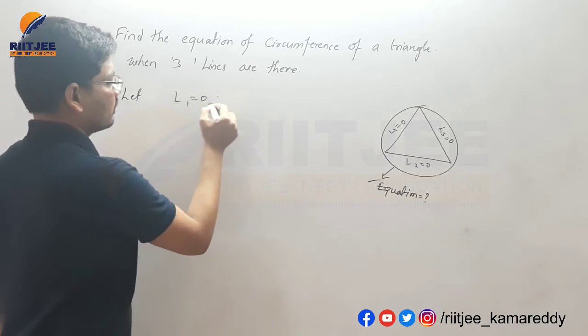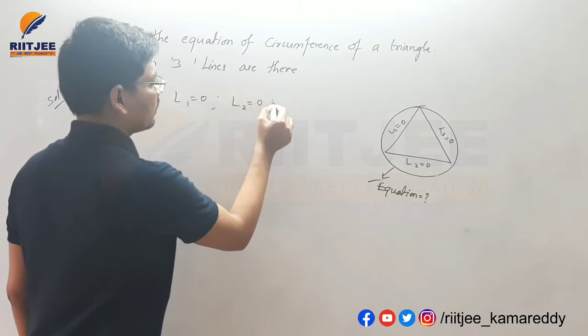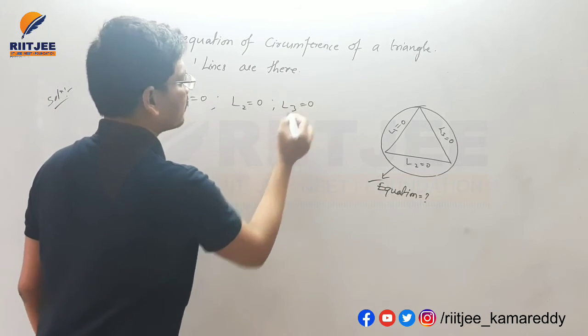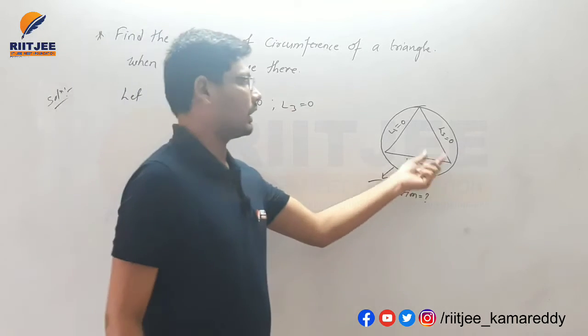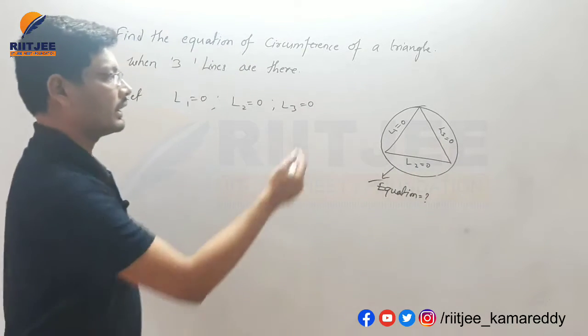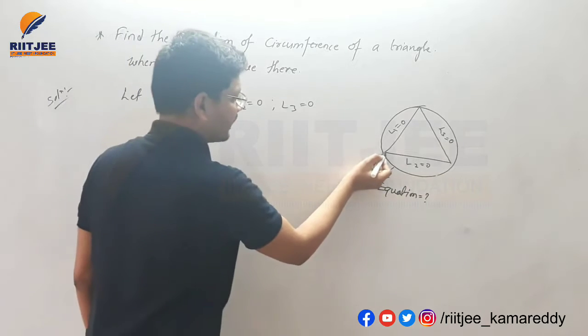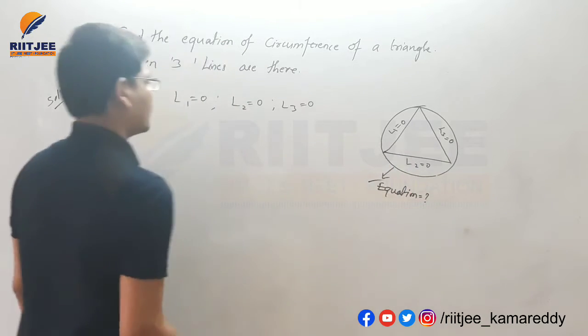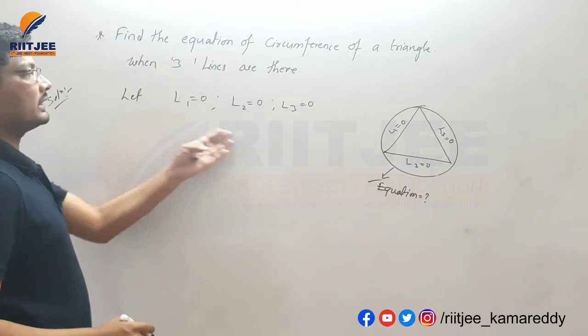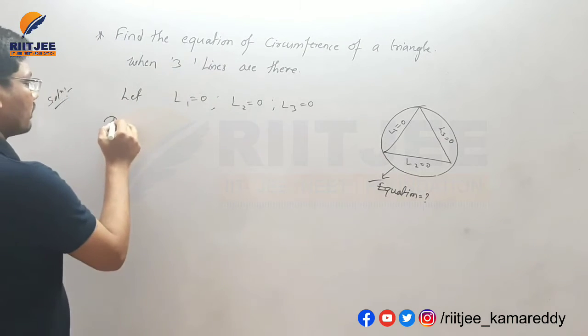Next, let L1 = 0, L2 = 0, L3 = 0. We have 3 lines L1, L2, L3 equal to 0. For these 3 lines a triangle is framed, and for the triangle we need to find the circumcircle equation. Next, if 3 lines are there, the general form of the equation is